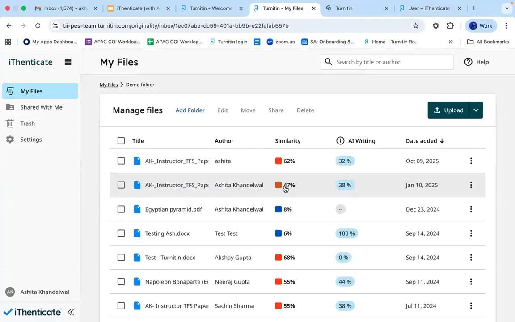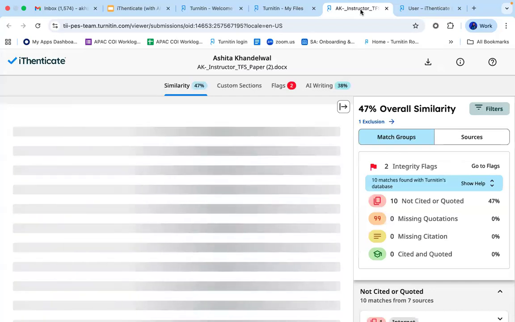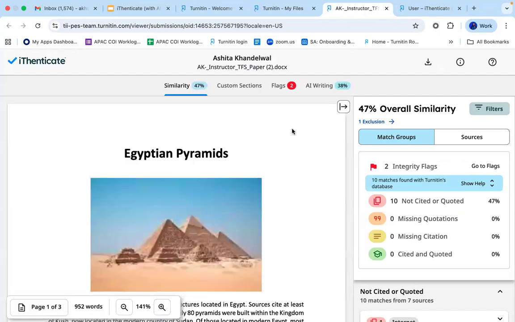So you simply have to open the report by clicking on the report topic or the percentage. So this is the report for Authenticate.